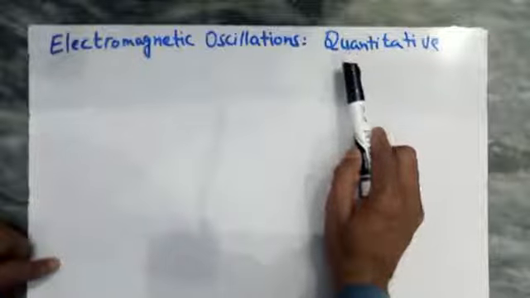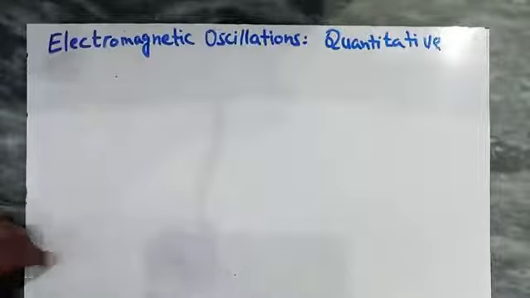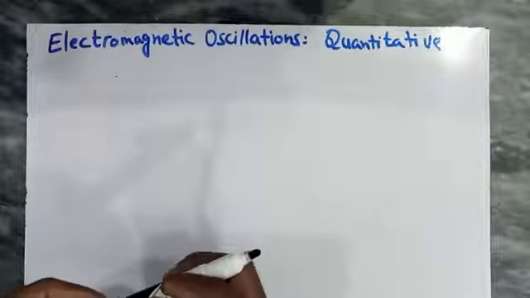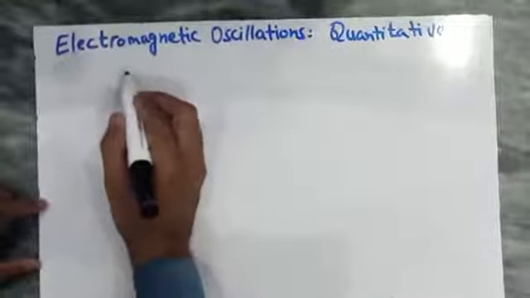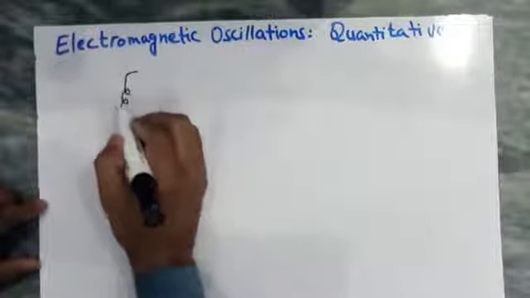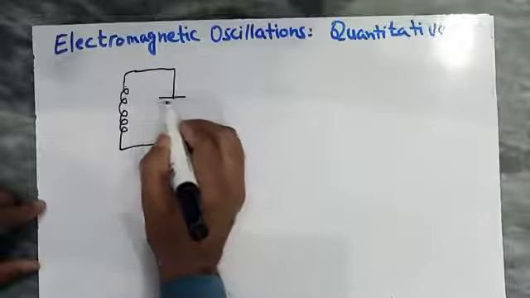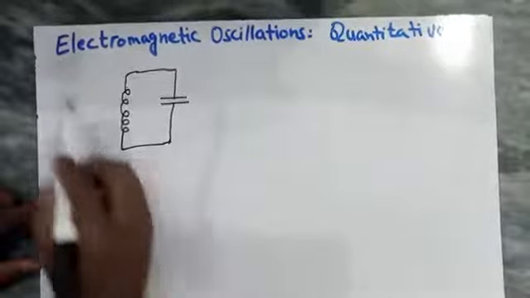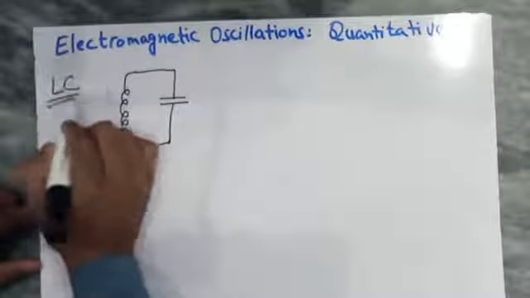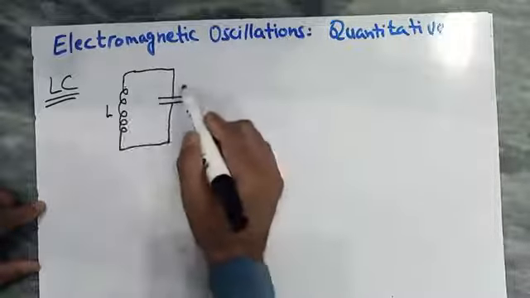So we start our topic of discussion, that is electromagnetic oscillations. As we know, an LC circuit is that circuit in which an inductor and a capacitor are connected with each other. So we consider an LC circuit in which we have connected an inductor and a capacitor